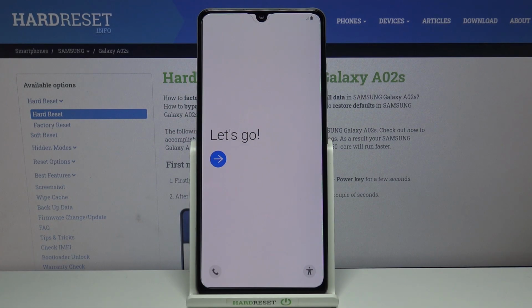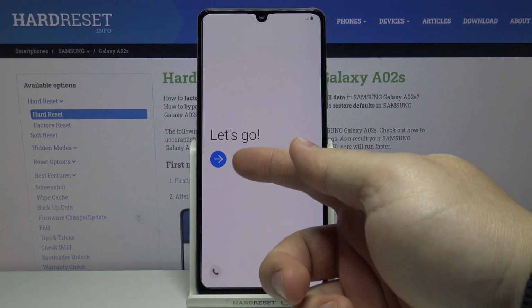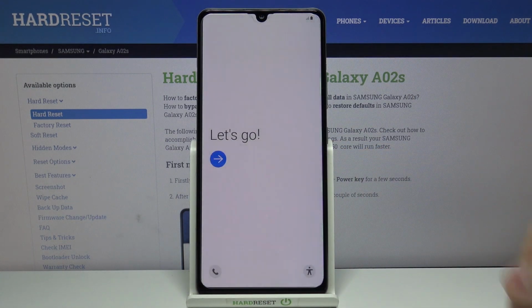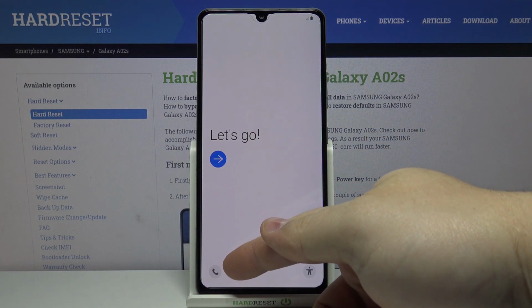Welcome! In front of me I have a Samsung Galaxy A02s and I'm going to show you how to go through the first setup on this device. We can tap on this arrow right here to continue, but first we can also